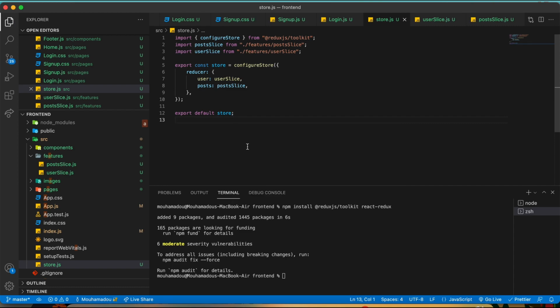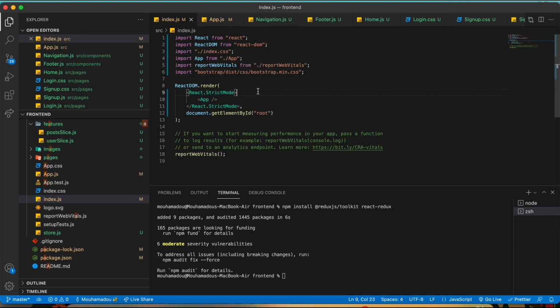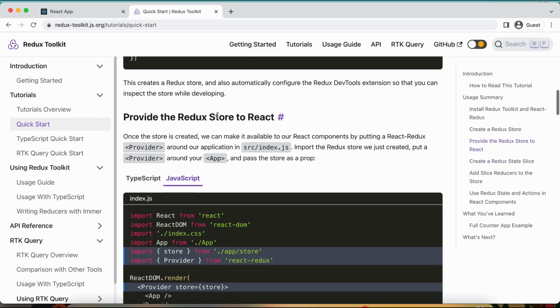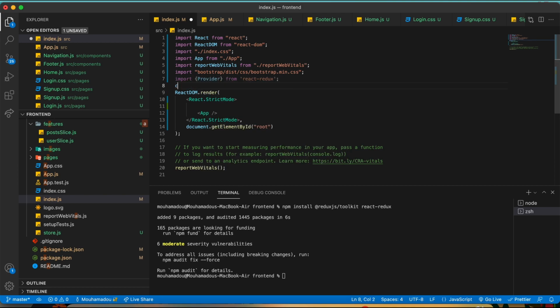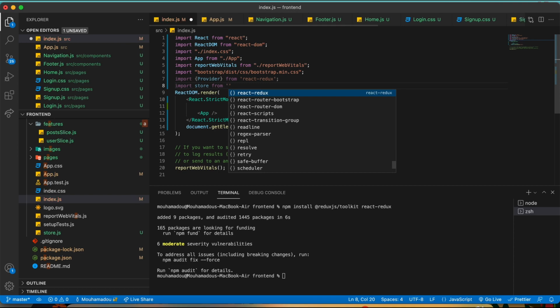Okay, so this is the store, and back to our index.js. So here we are going to import, if you see here, we need a provider, right, and a store. So the provider is coming from React Redux, so I can say here import from React Redux, and we need to import our provider. Okay, and we need to import our store. So store from the store,